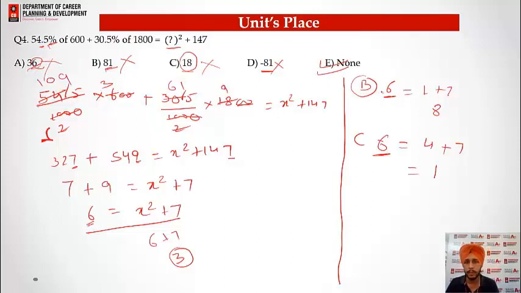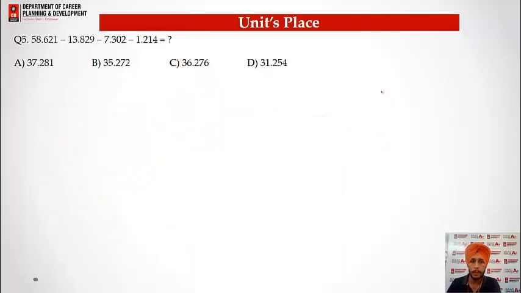Let's understand the unit place method with another example. So here we have another example. Please note one important point over here. If we have a simple question in subtraction with subtraction signs or addition signs, and we have the same number of digits after the decimal, we can apply the units place method directly, right?